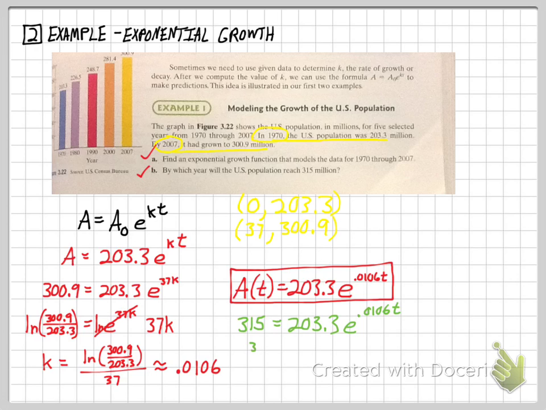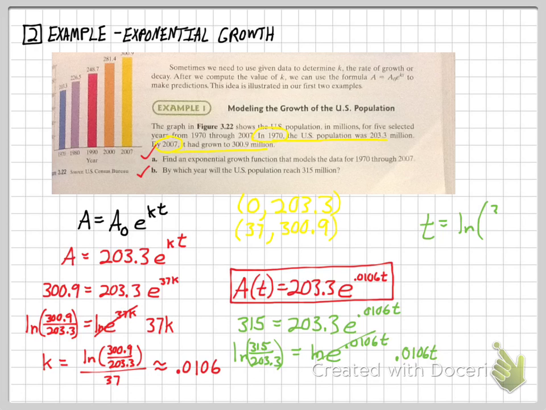And now, instead of solving for k, which I've already done, I'm solving for t. So I'm going to take 315, divide that by 203.3, and that's going to equal e to the 0.0106 t. I'm going to log both sides, natural log both sides. That's going to give me just the 0.0106 t part of my exponent,